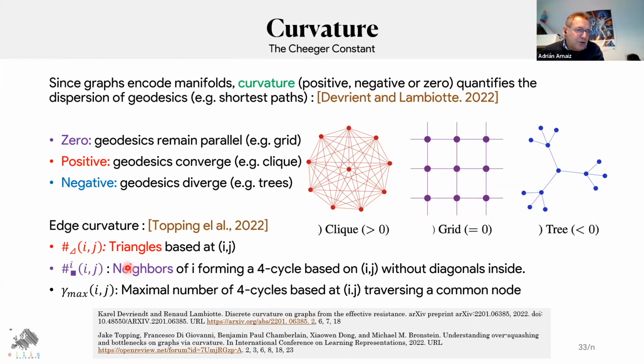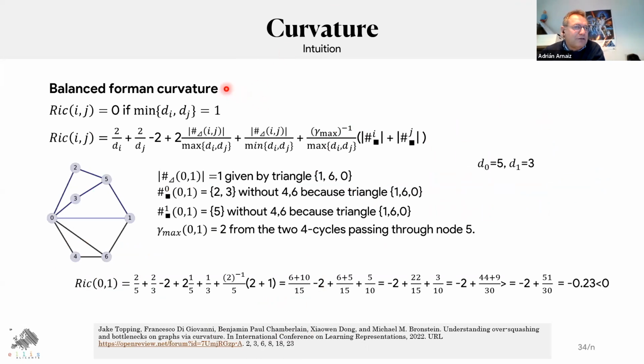Or we can also use a quantity called gamma max, which is the maximal number of 4-cycles. Using this formula, Topping et al. define what is called the Forman curvature, which is the Ricci curvature, and it is 0 if the minimum degree in the edge is 1. But if it is not 1, it is quite curious: we have a quantity which is very negative, it's -2, and this quantity is going to be compensated by positive quantities. All the positive quantities are dedicated to make the curvature as positive as possible,